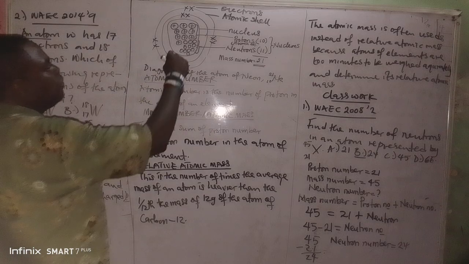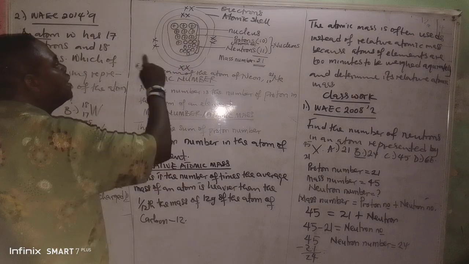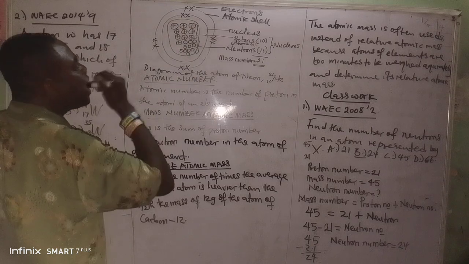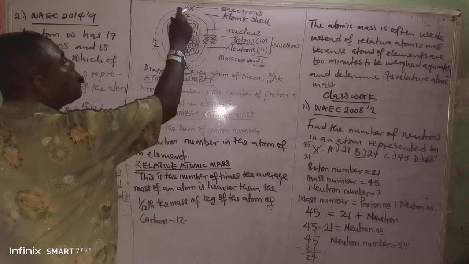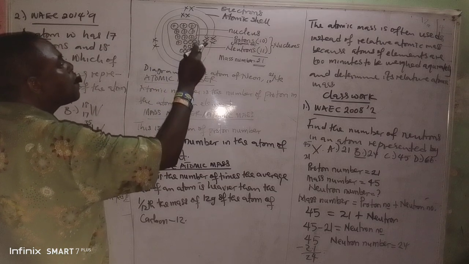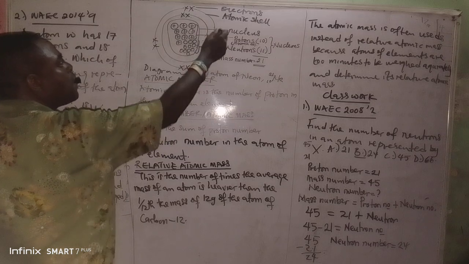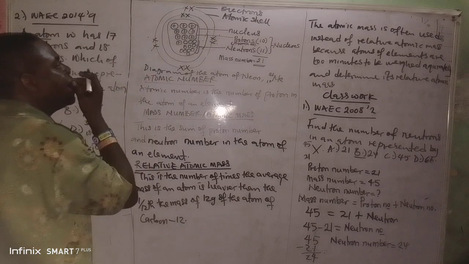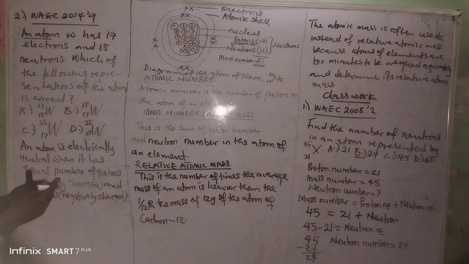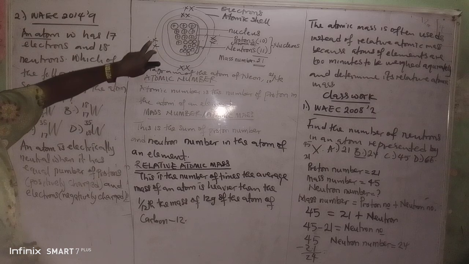Just as we have here, we have 1, 2, 3, 4, 5, 6, 7, 8, 9, 10. So the number of protons is equal to the number of electrons. So if you have here plus 10 and minus 10,